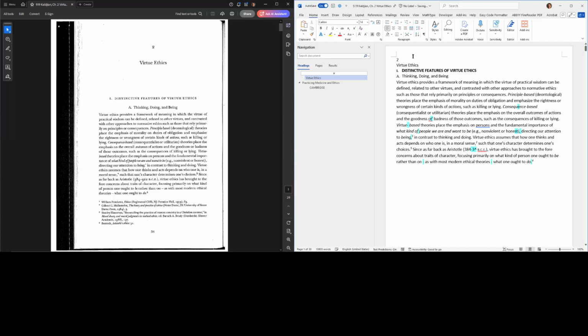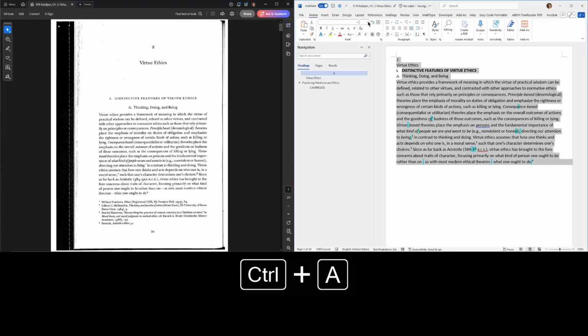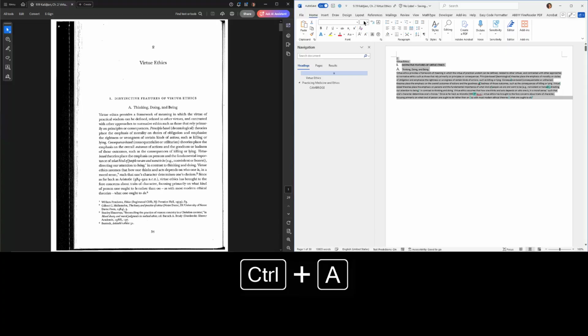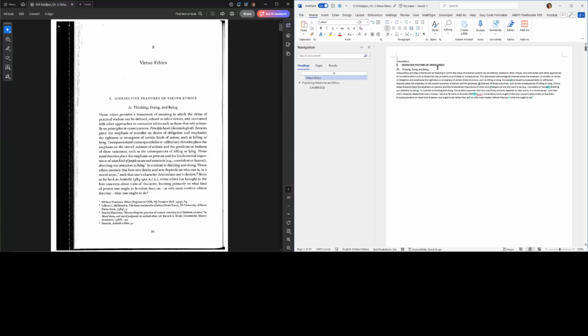Sometimes you might need to select all and change the font to something like 8 point if you have a whole lot of content and you need to fit all that content onto single pages, because one thing that I did with this ABBYY export is tell it to preserve page breaks from the PDF.